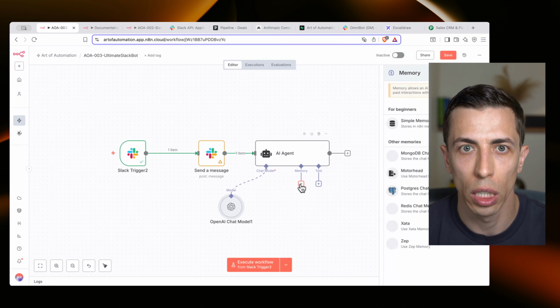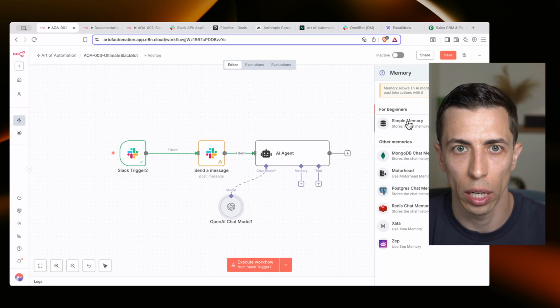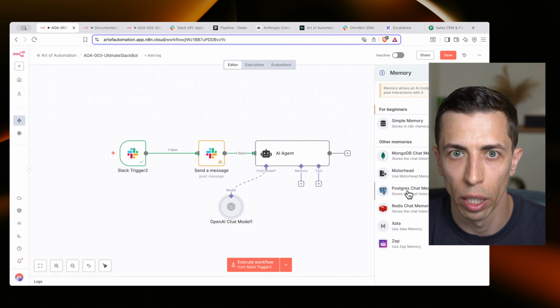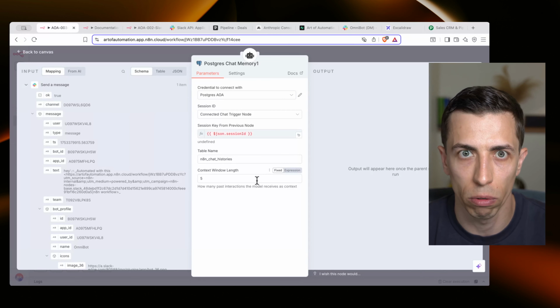So in the agent, you can use simple memory, which is stored in the memory directly in the process. So once the agent stops executing, you're going to lose that memory. But a more reliable way of doing that would be to use Postgres chat memory. Postgres chat memory would be storing this directly in Postgres. And as we're using Supabase Postgres already, that's great because we can configure it and store all of